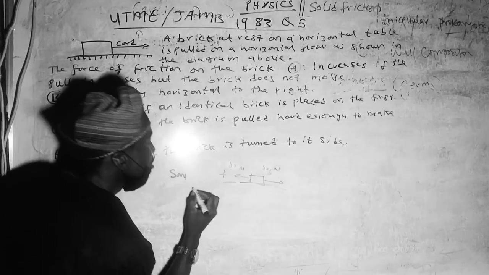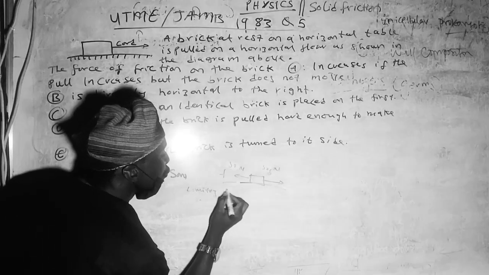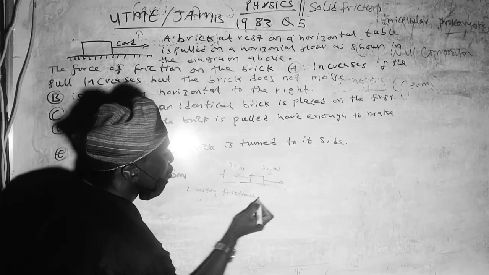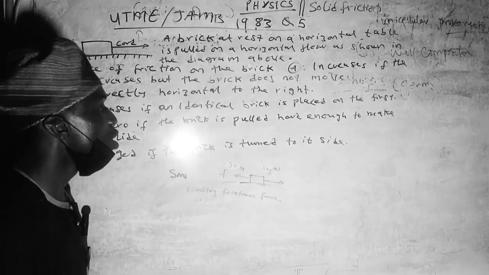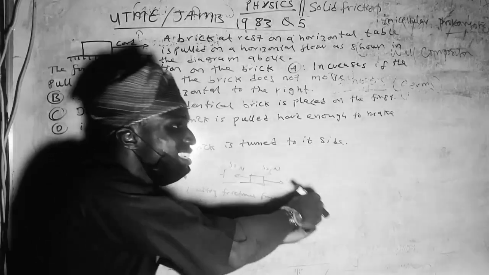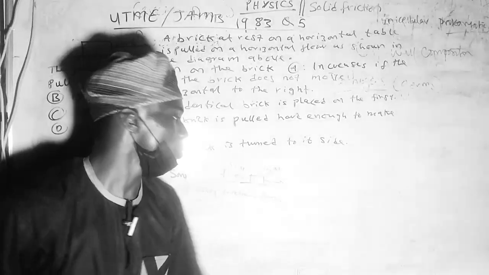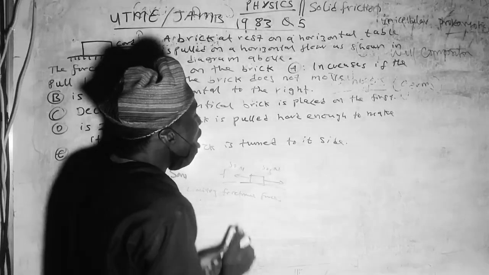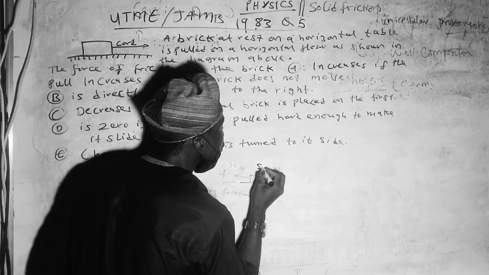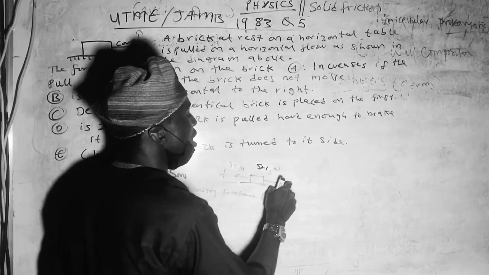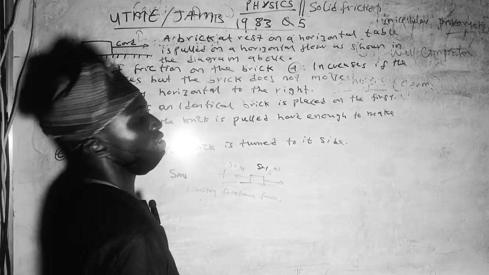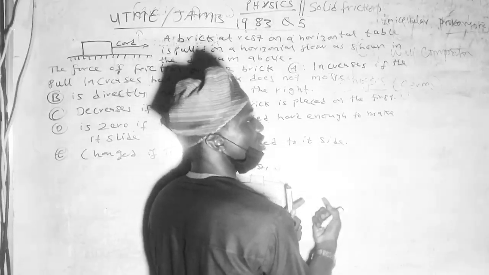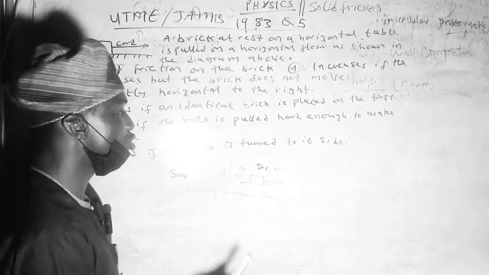We call this one limiting frictional force. So for you to attain a limiting frictional force, F, you must have put this thing to the maximum value. Do you understand? So the moment you now apply 50.1, this thing will start moving gradually, because the friction does not have more than 50 Newton. You just see the block moving gradually,